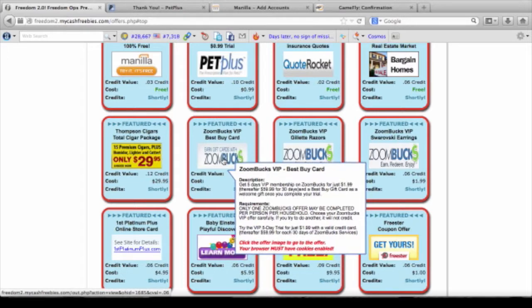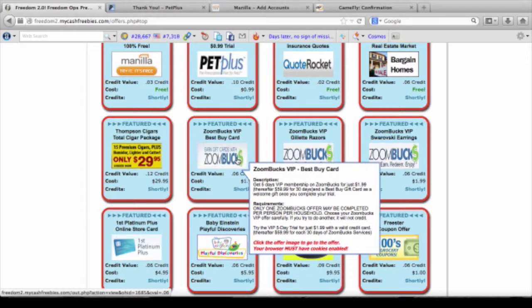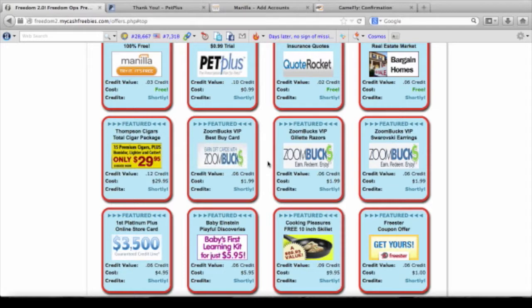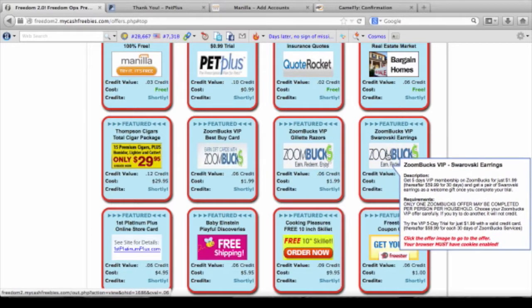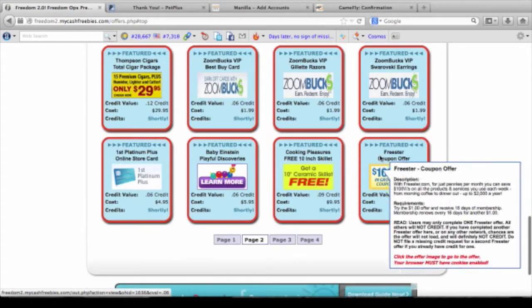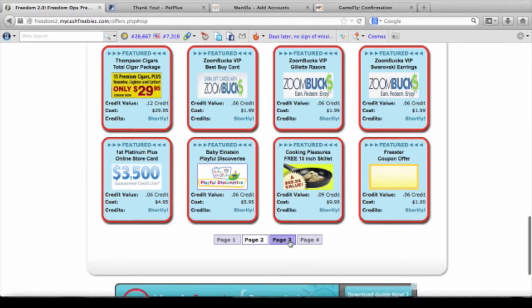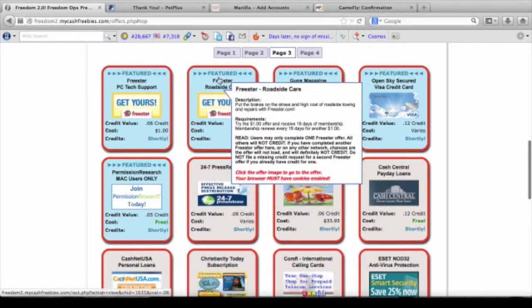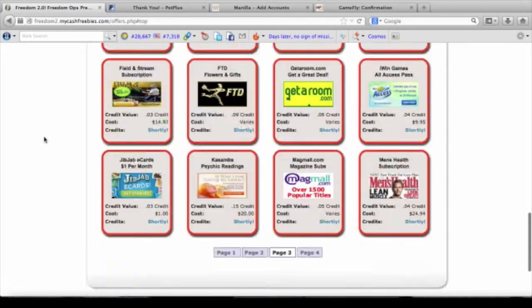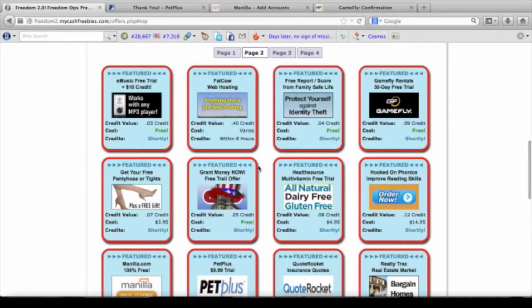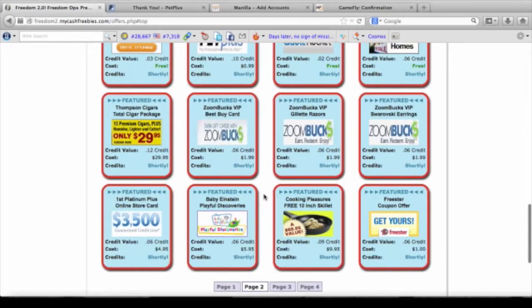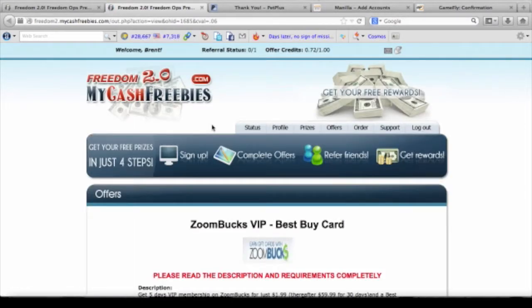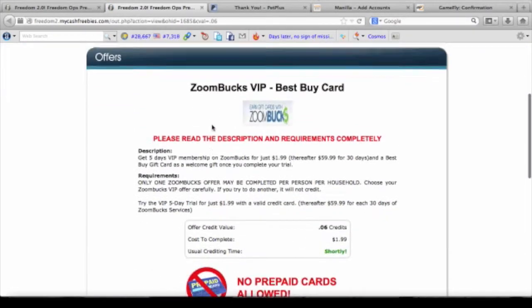Okay, I'm going to try this Zoom Bucks VIP Best Buy card. Now, to my knowledge, you can see there's 3 of these Zoom Bucks VIPs. There's also 3 of these Freester offers, the ones that say Freester. You can only get credit for one of those, one of the three, for each one of those companies. So I'm going to go ahead and just try this one because I've already experienced the Freester offer, and actually